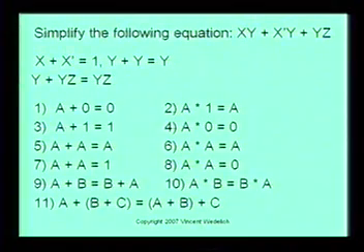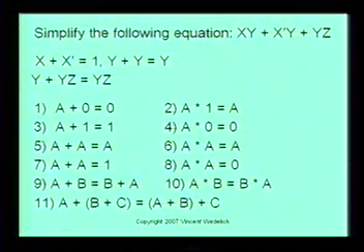Next, we have simplify the following equation. XY is X and X ANDed with Y, ORed with not X ANDed with Y, ORed with Y ANDed with Z. So again, looking at our Boolean identities, and I think I included one of those with each homework,